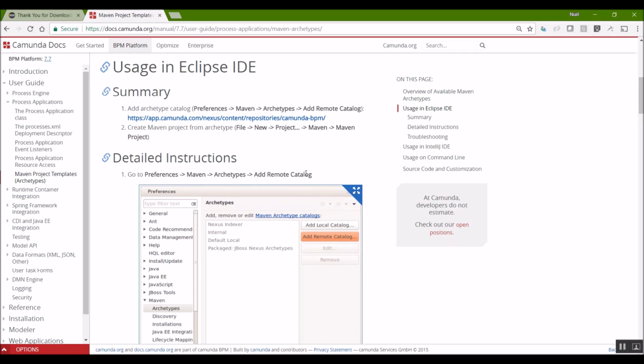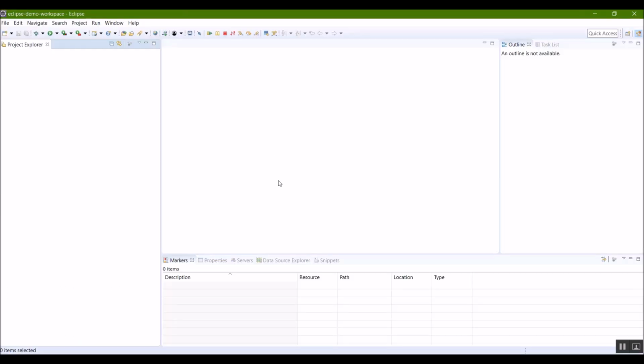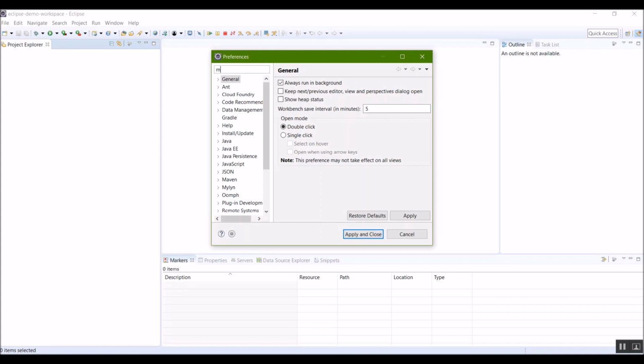So the key is that we need this particular link here. So I'm going to return to Eclipse now and add this archetype. This is a one-off thing you need to do just in order to let Eclipse know about the archetype. From here on in, we'll be able to use it in order to build new projects. So if I say Window, Preferences, look for Maven, Archetypes.